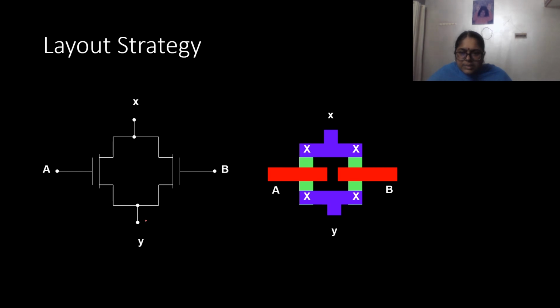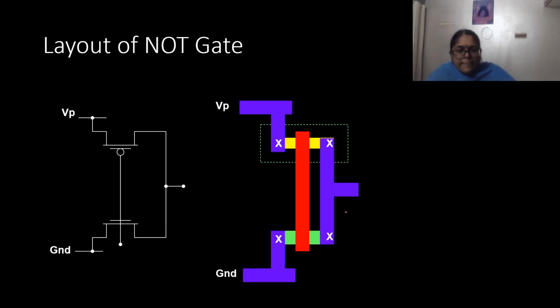Similarly, you can see this one. You have transistor A and transistor B. This is same as your transmission gate. So transistor A is indicated by N diffusion, polysilicon crossing each other. Transistor B also you have N diffusion and polysilicon crossing each other, and then you have the contacts by making use of the metal in both the cases.